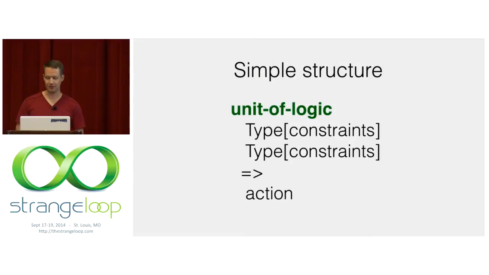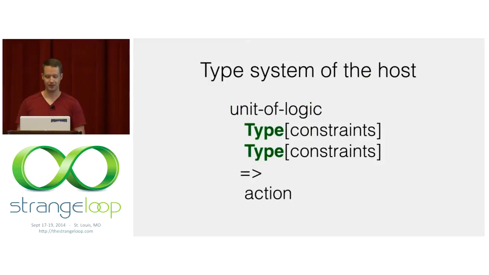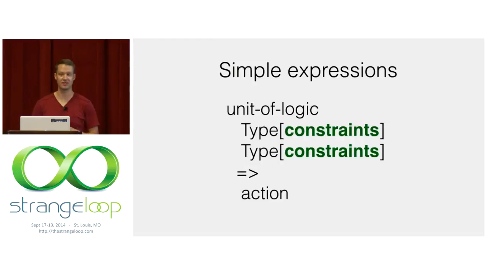So in code, we can map this to code. We have a simple unit of logic. In this case, it would basically be a rule. Every input has a type, and we can apply this to whatever type system the language exists that we're implementing this in. So even dynamic languages, even if it's a dynamic type system, we can match, hey, how should we wire up our inputs? And we'll go into examples of how we can do this. We want to specify the constraints for what subset of input. Maybe I'm not interested in everything that matches a certain type, but only things that match certain criteria. I'll show examples of that as well.